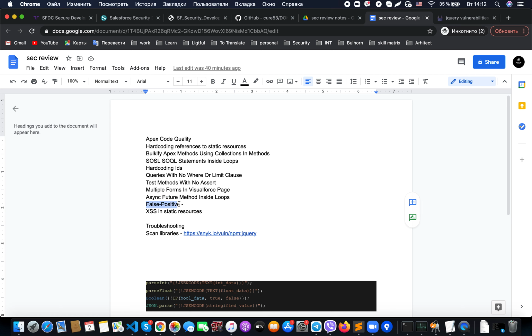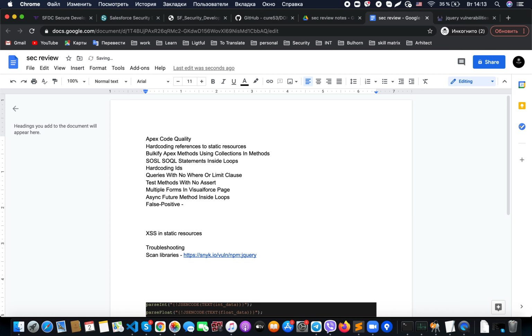False positive document, so what is it? Sometimes you have places in your code where you, for example, need to use without sharing, or where you are sure that, for example, something is XSS vulnerable, but based on your application it could not be exploited by the customers. For all of these use cases, we need to use a false positive document. In this document, we need to have a couple of columns like place, lines,